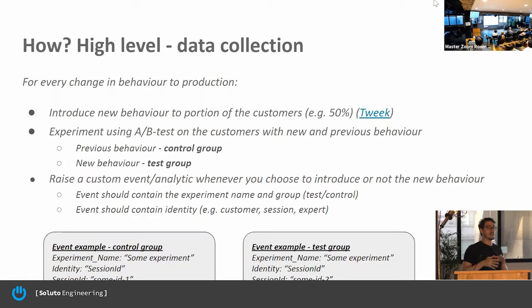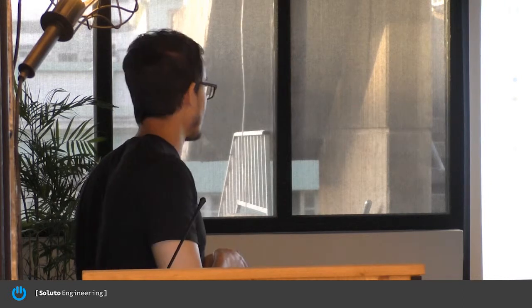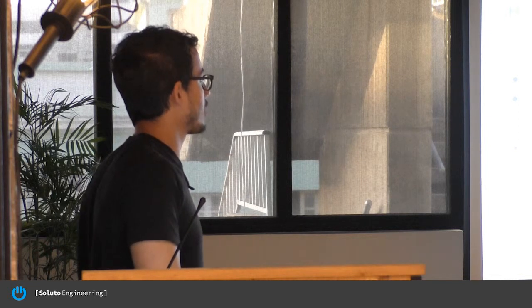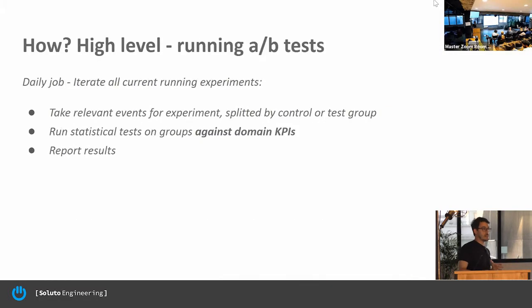And we have a few different entities. Sometimes we experiment over customers, when we change the customer application. Sometimes we change the behavior of the experts web and we experiment on it. So we have different entities where we can experiment on each one. Then we also ask for the identity. So that's what you see here. Also we are adding the identity. That's the only thing we are asking from the development side.